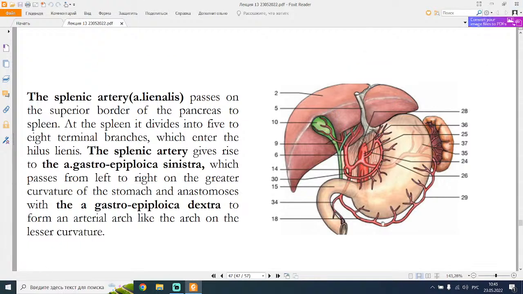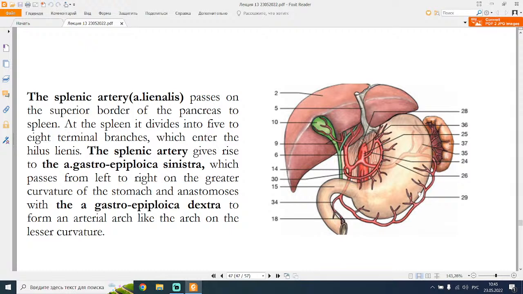The arteria lienalis passes on the superior border of the pancreas to the spleen. At the spleen, it divides into 5 to 8 terminal branches, which enter the hilum of the spleen. The arteria splenica gives off the arteria gastroepiploica sinistra, which passes from